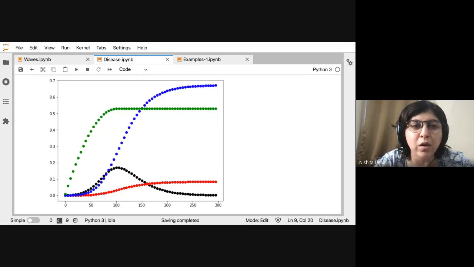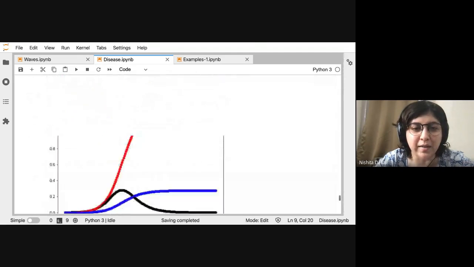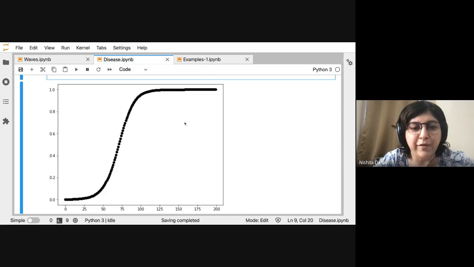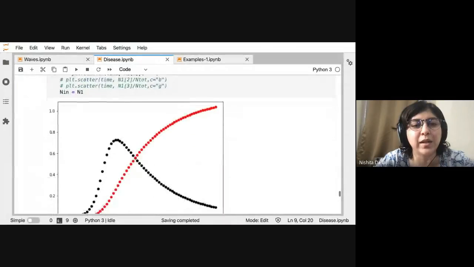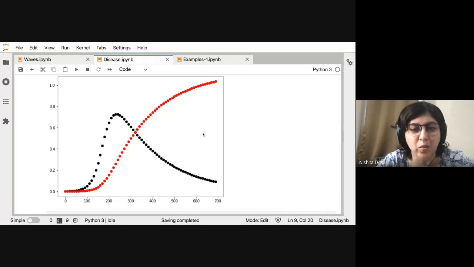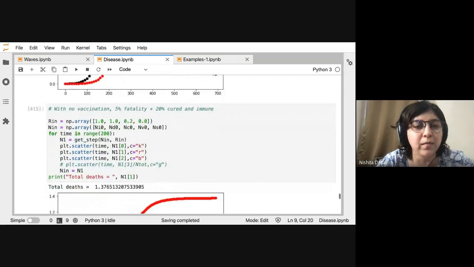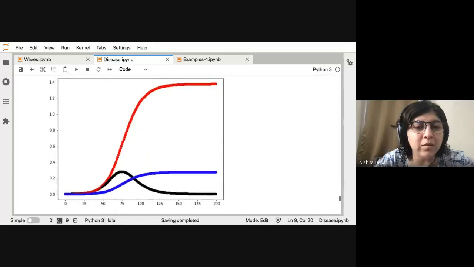If you're presenting it as your bachelor project, then of course you need to show them the code and explain what you're doing and show multiple graphs with different parameters. Like we did sanity checks, right? We did the sanity check with infection rate and nothing else, and this is what it looks like. And then we said, okay, we have infection rate and death rate, and this is what it looks like. So you can build it up step by step based on what you're doing. It depends on where you're presenting it.